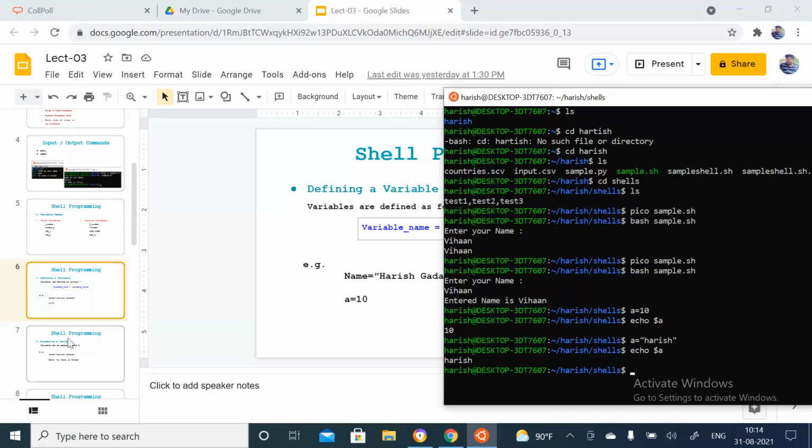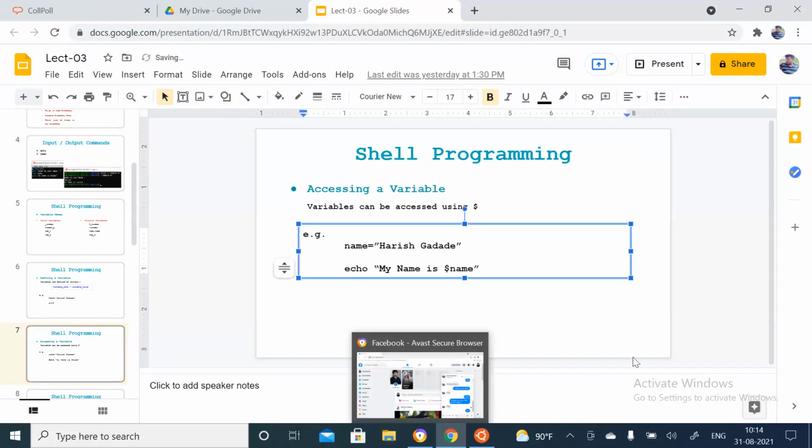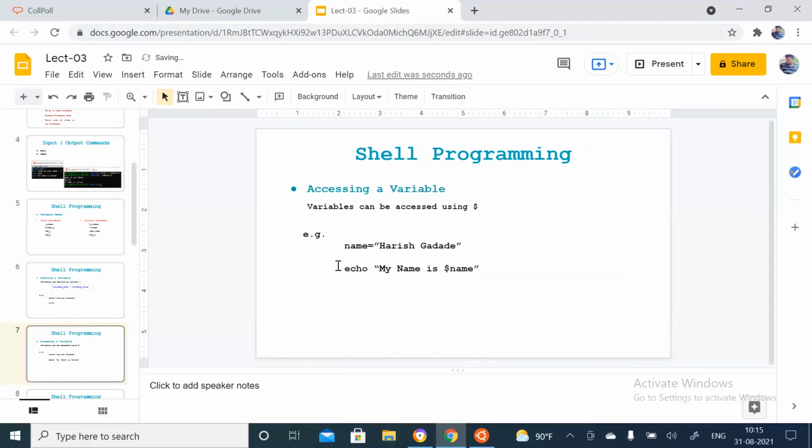But if you consider this variable as read-only, we cannot. I also told you how to access the variable: using the dollar sign. This should be a small e. So the variable can be accessed using the dollar sign, which I have already explained.